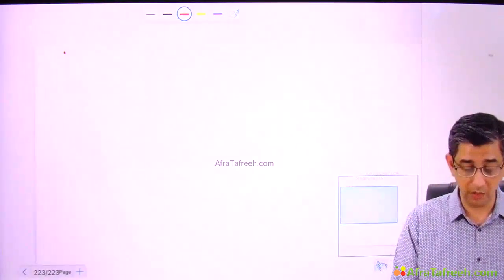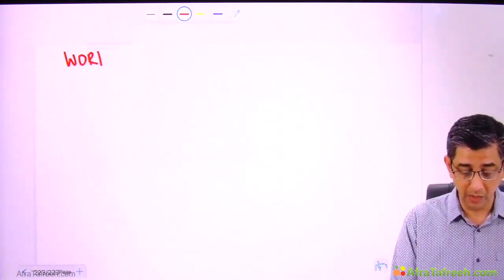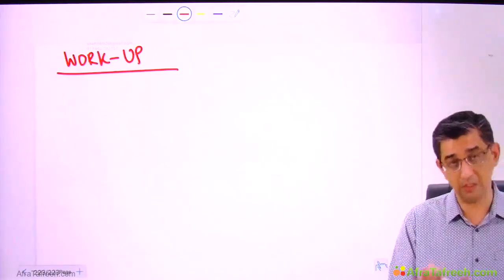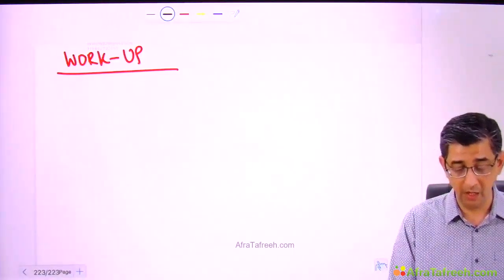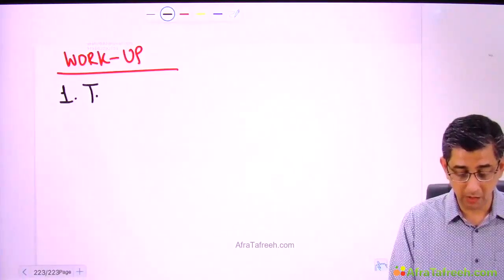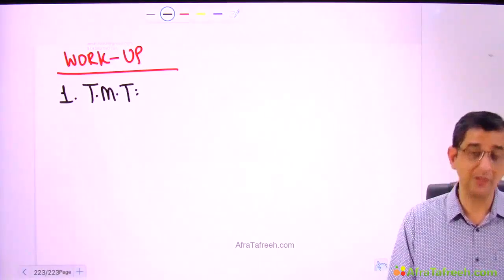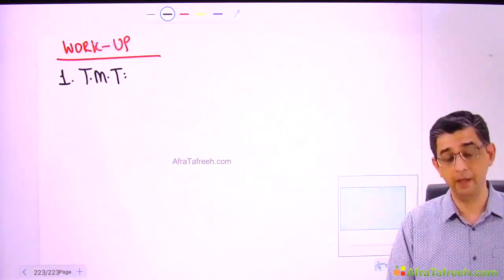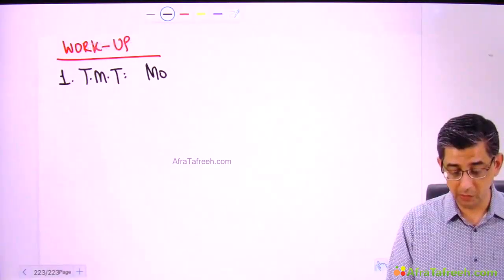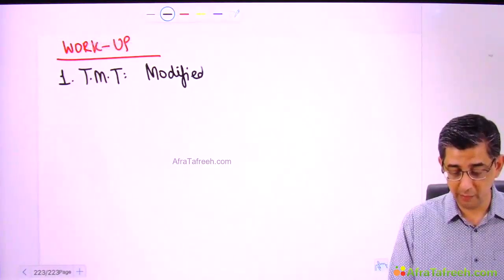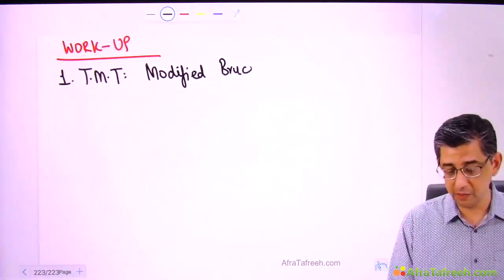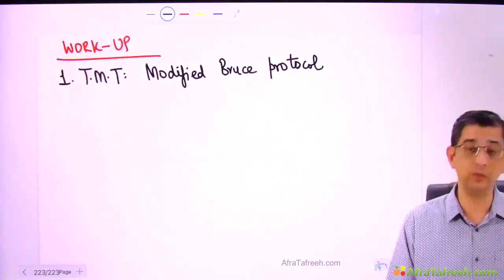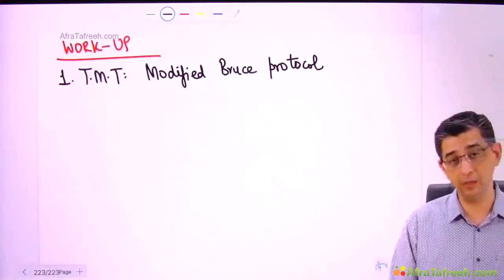So now I'm going to address this particular scenario: if the ECG is normal in an asymptomatic patient of chronic stable angina, who at the moment is asymptomatic, what am I going to do? I'm going to run a treadmill test in the patient. So stress tests would be the answer for the workup of this person. In the treadmill test, we will be using what is called the modified Bruce protocol. That is itself an MCQ. The Bruce protocol is used for evaluation of a treadmill test report in a person.